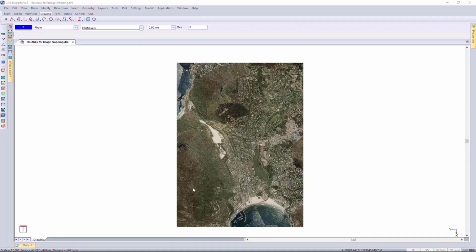Good afternoon, everyone. I'm going to be showing you a few of the new Design Center and Survey and Terrain module enhancements that will be available in 8.3. The first new function that I want to show you today is the image cropping function, which allows you to snip out a portion of an image and save this as a totally separate image file with the associated positioning